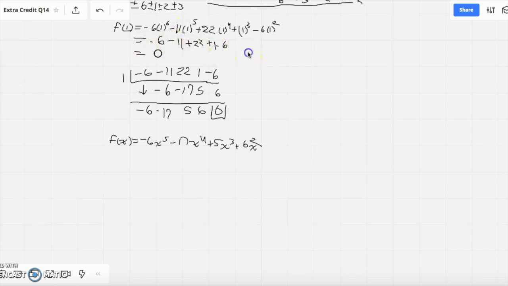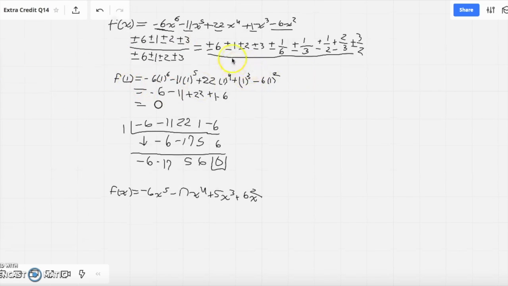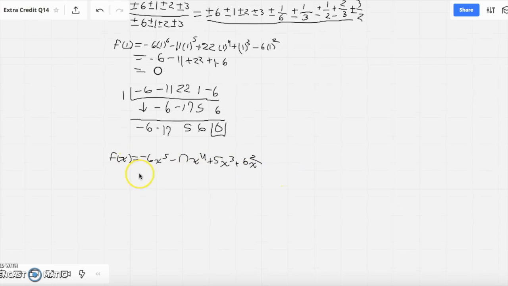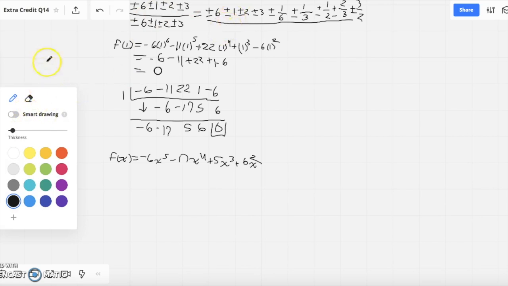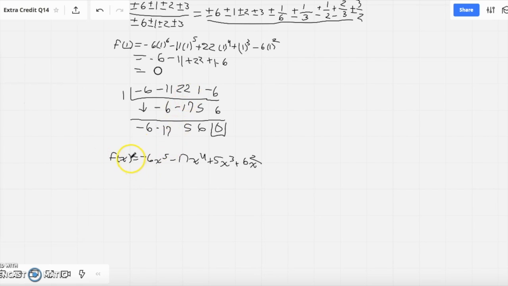Now that we have our equation, we would do the same as what we did for the previous equation. So we plug in these terms to see which ones come out to equal 0. We would go through the list starting with the smallest and then working our way up to the more complex roots. We would see that plus 1 wouldn't work, minus 1 wouldn't work, plus 2 wouldn't work, minus 2 wouldn't work, plus 3 wouldn't work, but we'd see that f of negative 3 actually works, because when we plug it in, we have